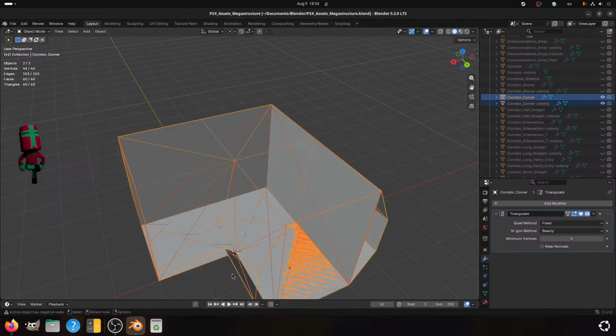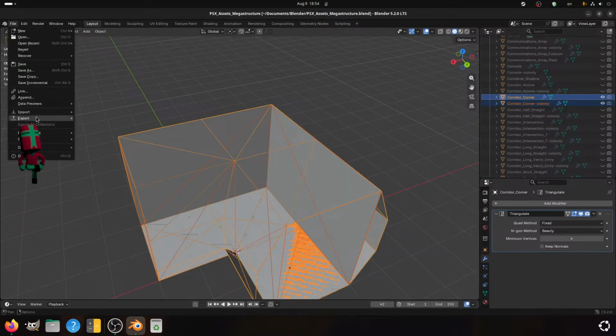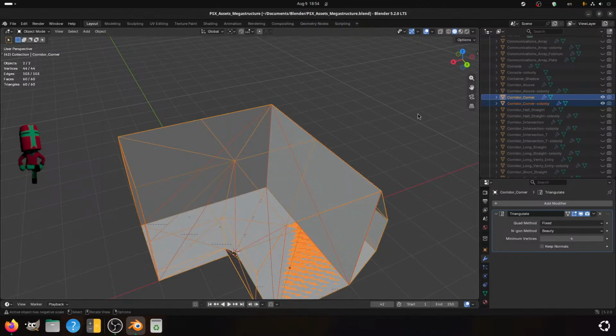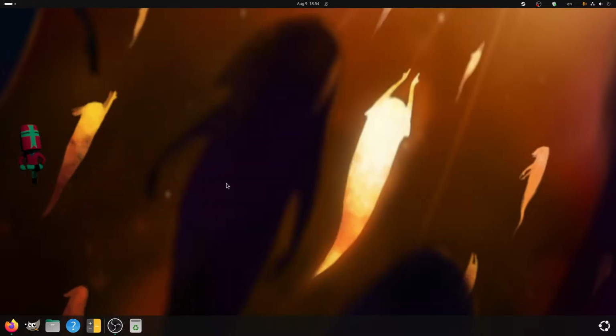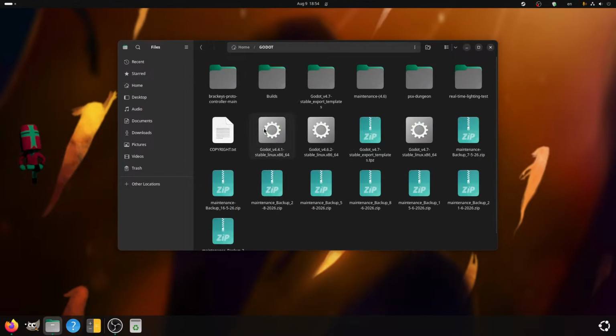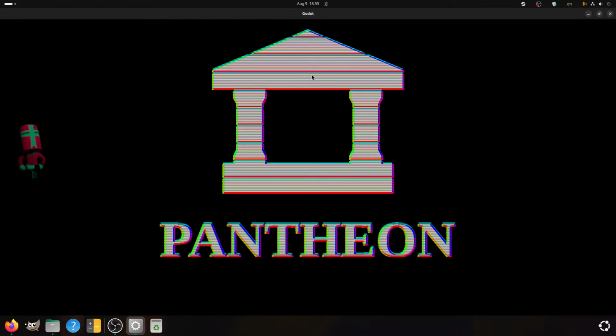It's literally right here. Okay. That was a CLTF, I hope. Yes. Now we go away from here. In here. Pantheon.